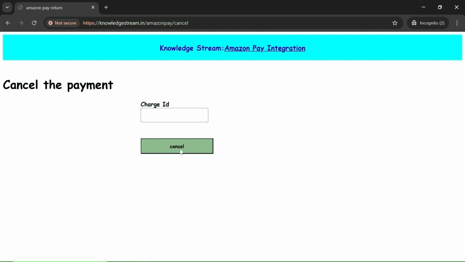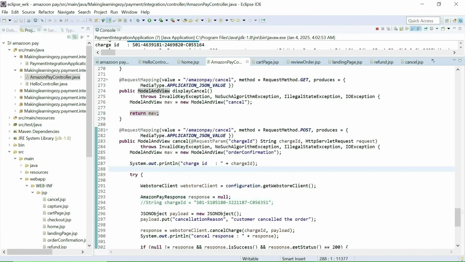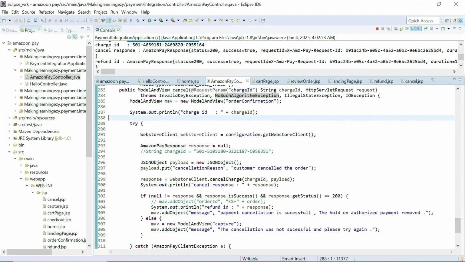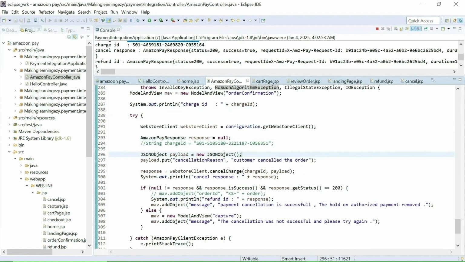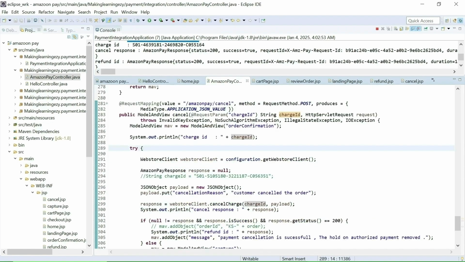So when we click on the cancel button, the request comes in this post method, and here I am accepting the charge ID, and here I am printing the charge ID, and here I am getting the web store client. Here I am creating the request payload, and here I am putting the region of the cancellation. Then we need to call this cancel charge method using this web store client, and here we need to pass the charge ID which we have got from here, and the payload is only having the cancellation region.